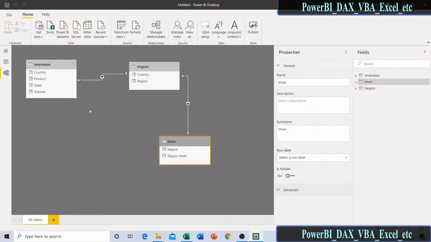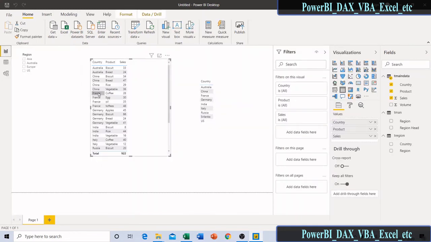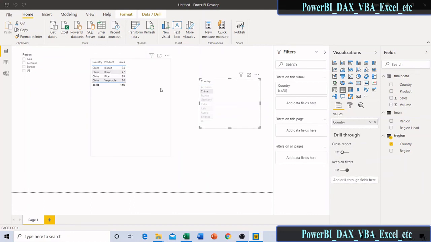That means now you can see that the arrow is in both directions. That means when I am applying a filter here, it will apply here, and when I am applying a filter here, it will apply here as well. In both ways the filtering will happen.